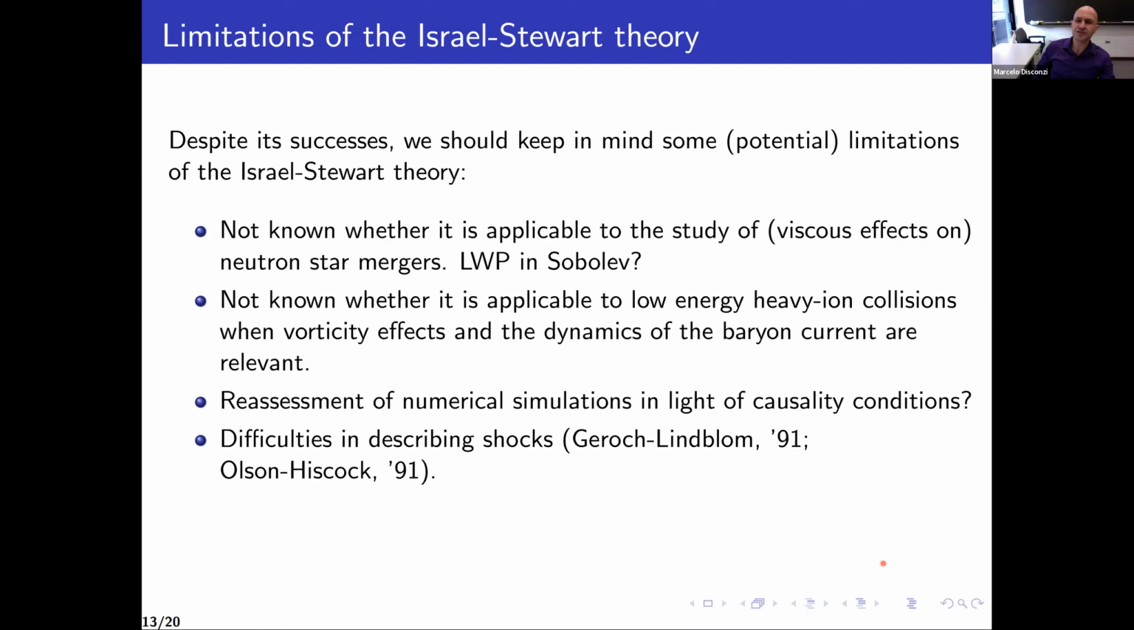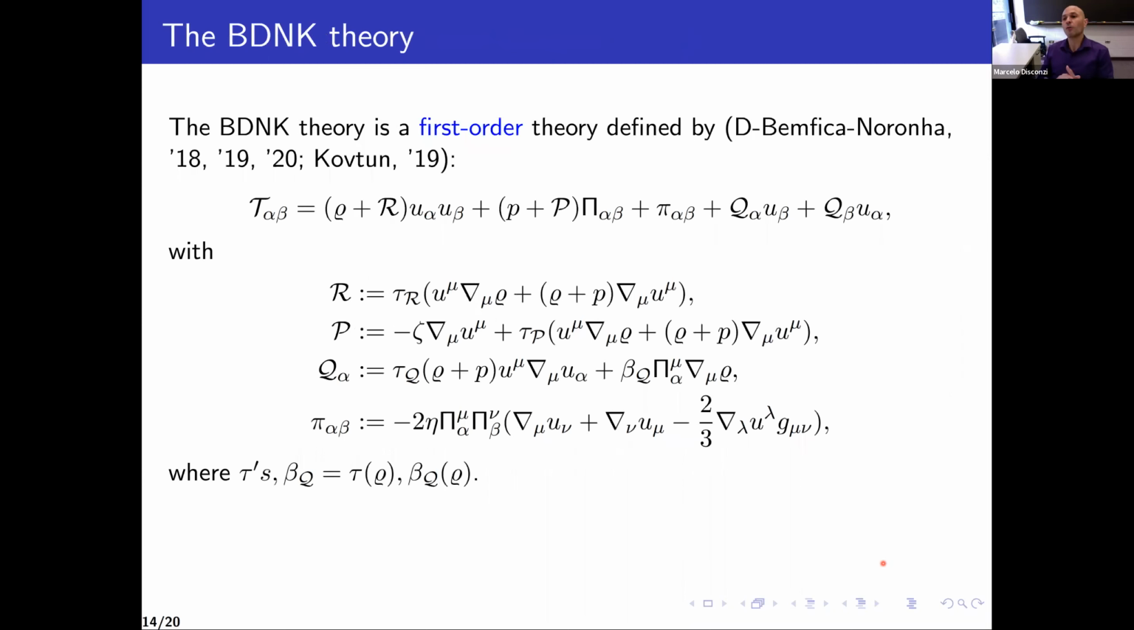It was shown that the Israel-Stewart theory also has difficulty describing shocks. Now, these are fluid equations. In general, we want to talk about shocks. The underlying point here is simply because these equations are not in conservative form. They're not in divergence form. So we don't know how to define weak solutions for them. So all in all, the message is that there is enough motivation for alternative theories, despite the successes of the Israel-Stewart theory. So what I'm going to do now for the rest of the talk, I'm going to move to a